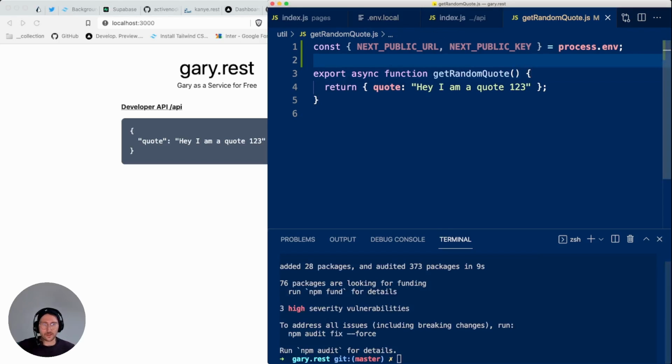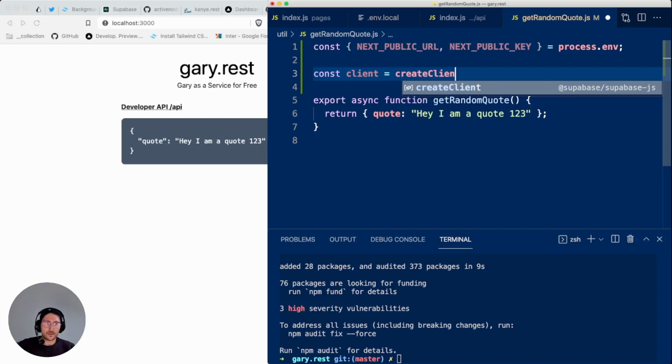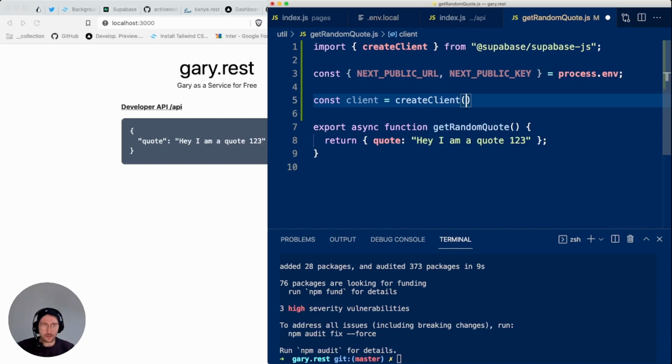Yeah, now that's done. And what we want to do now is basically create a client. So you can say client equals createClient from Supabase. And that one takes the key and the URL, but I have to look it up.